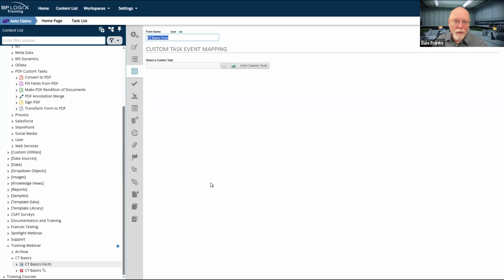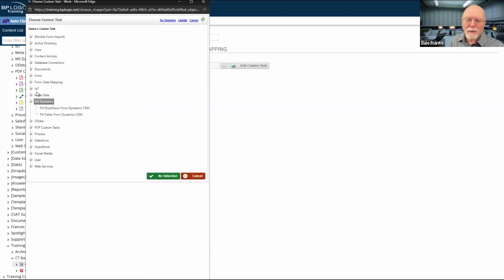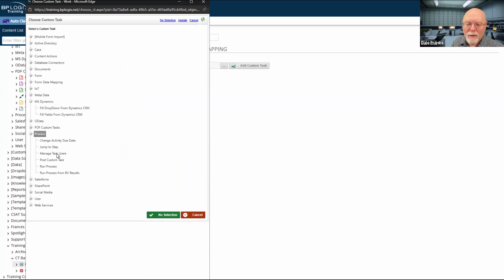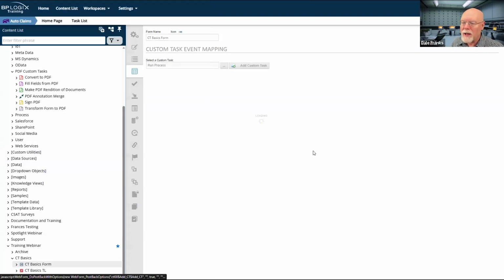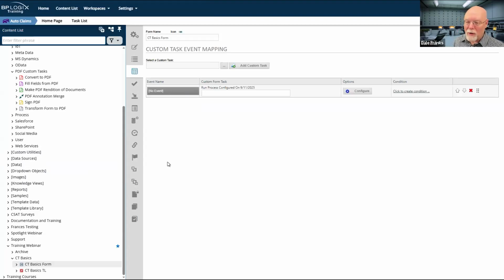And then I might just put a button on the form. On that button, I would use the run process custom task. So I'm looking for process right there, and we go, run process. We'll add that. I don't have a button on the form, so let's just pretend that my button is called no event. I would select that button on the form, and then I could run that process. Now, when that process kicks off, all it's going to do is invoke that notification activity, send out the email, and then it's going to end. So that's a great example of when I would want to put a custom task in a form.